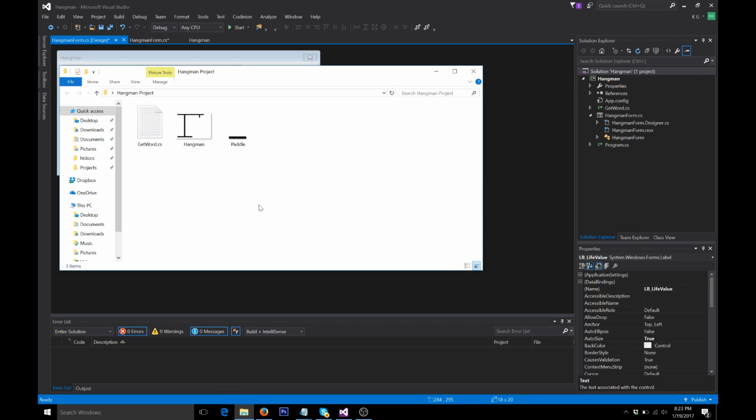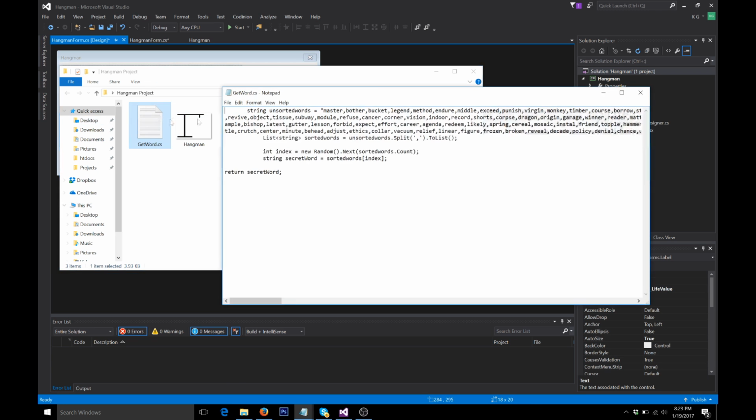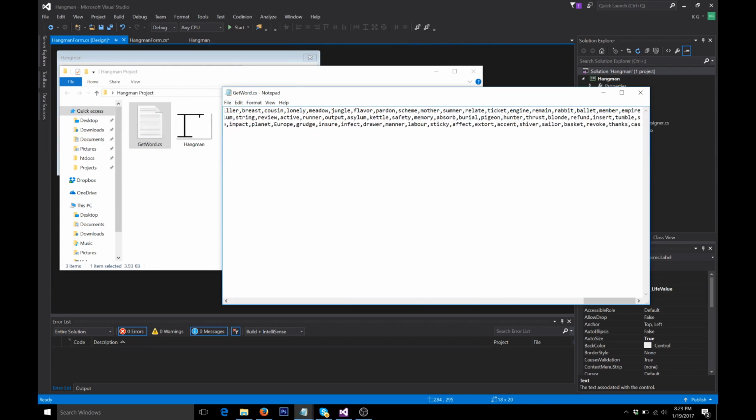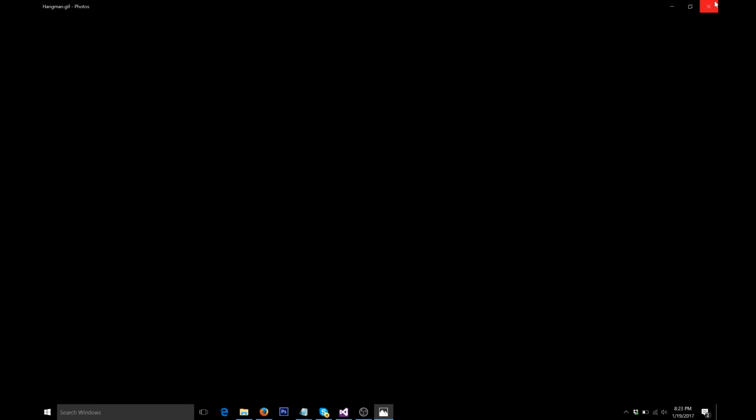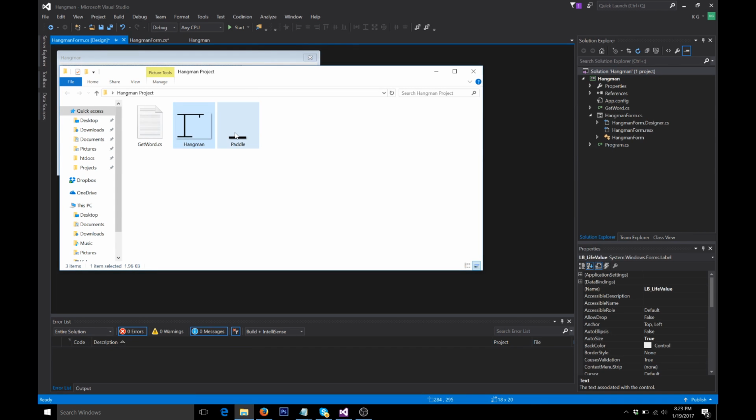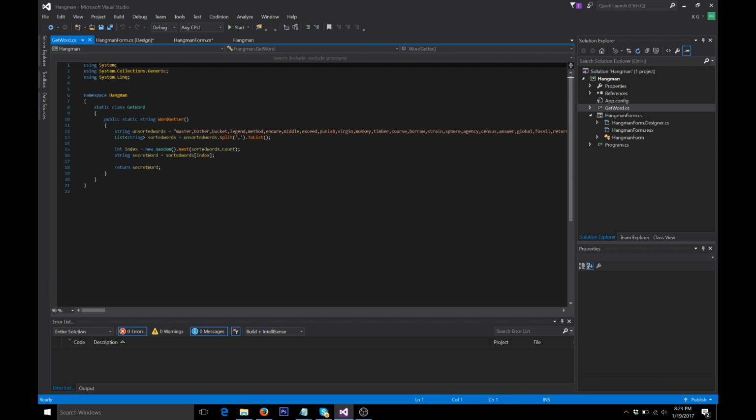Also, down in the description I've left a download link with a pre-written class called getWord, and this contains 1,000 words which are all 6 characters long. Also the Hangman frame and the battle. Okay, so as you can see here, I have pre-run the getWord class,